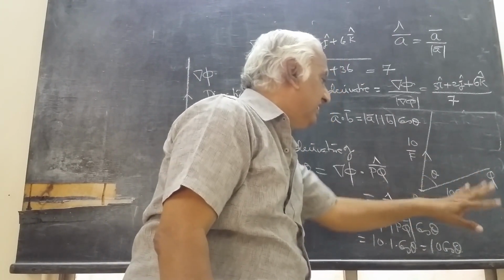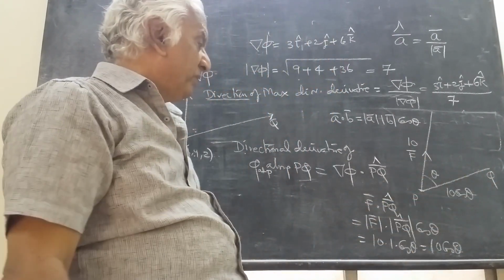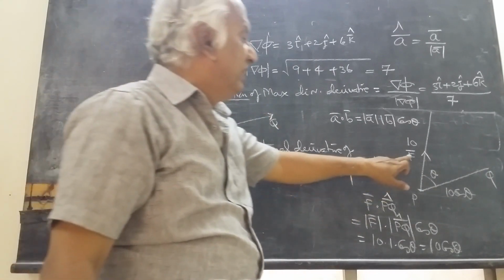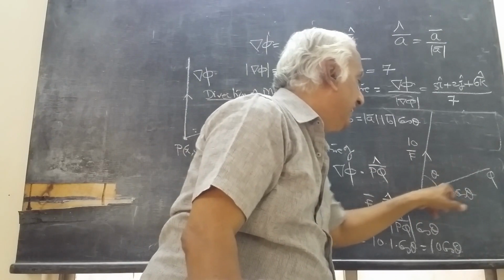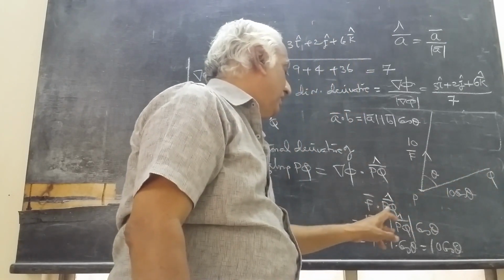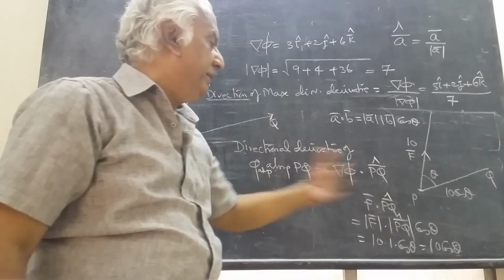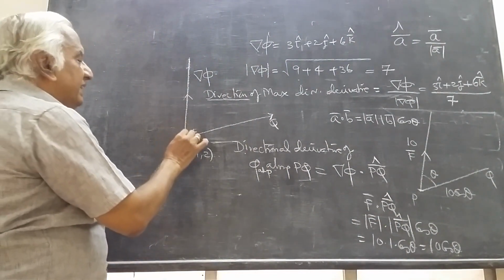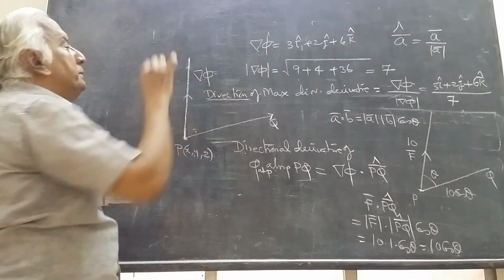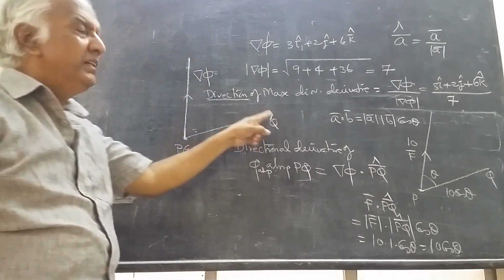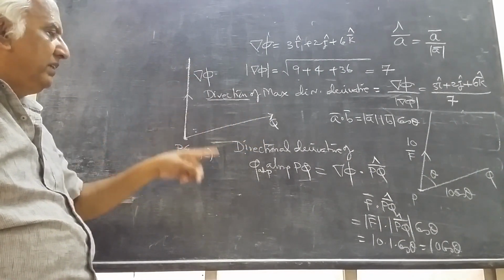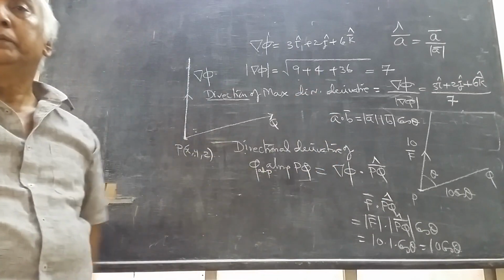See? So in mechanics and physics, for the 10 kg force making an angle theta, the effect is 10 cos theta. But in vectors, what you have to do is take this vector dot the direction you want, PQ, as a unit vector: F bar dot PQ unit vector. That comes to the same. Now, this is the maximum directional derivative. What is the change in this direction? Del phi dot PQ unit.